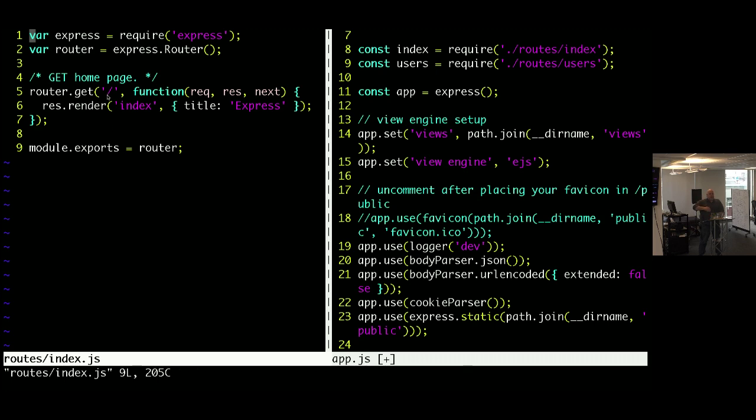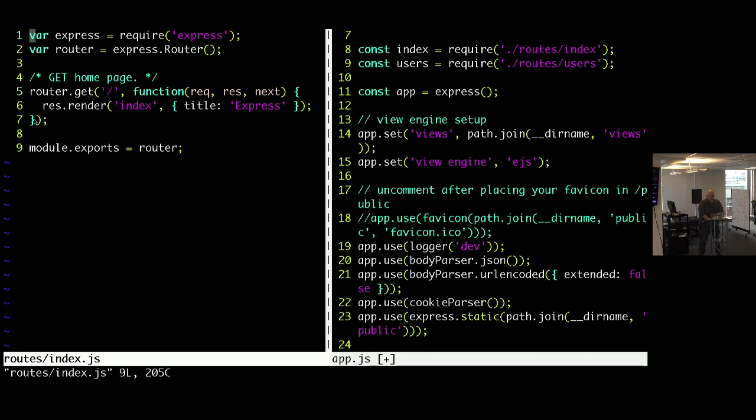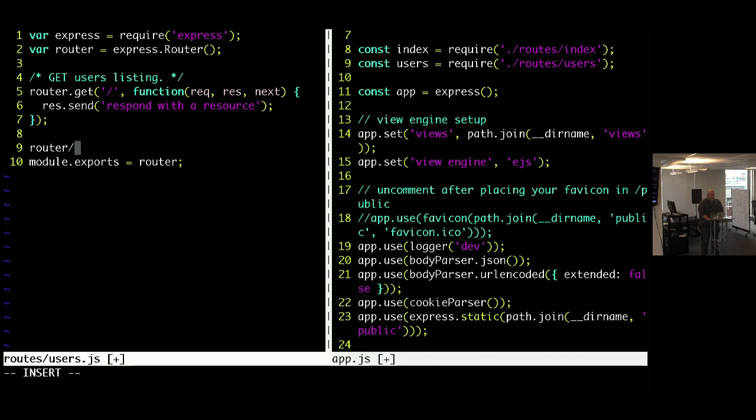Anything that's localhost 3000 slash is going to be handled by this function here. Similarly, we have router.get slash, but this is the one that's mounted onto slash users. Anything that is just slash users, that's the index route for users, and this is the route that would handle that. So if we had slash users slash edit as an example, or let's say slash new,